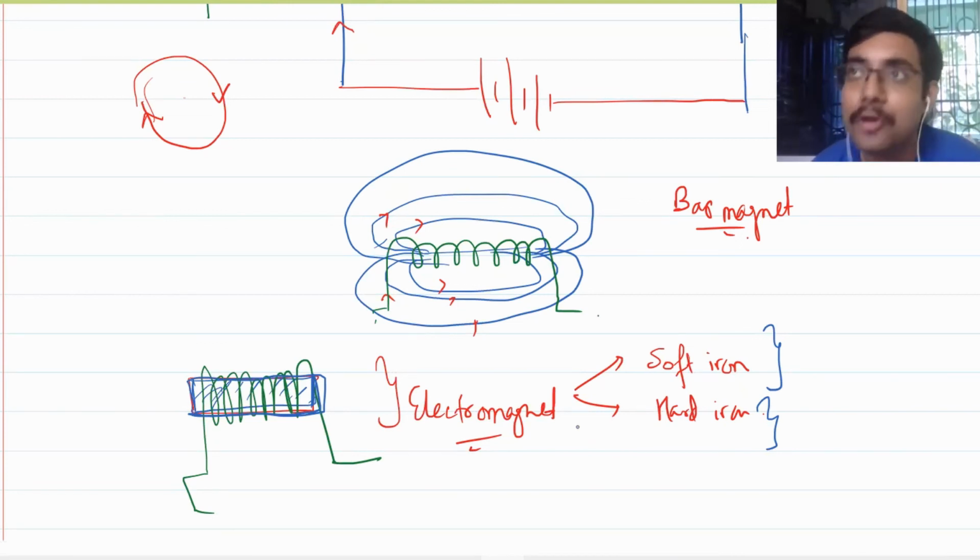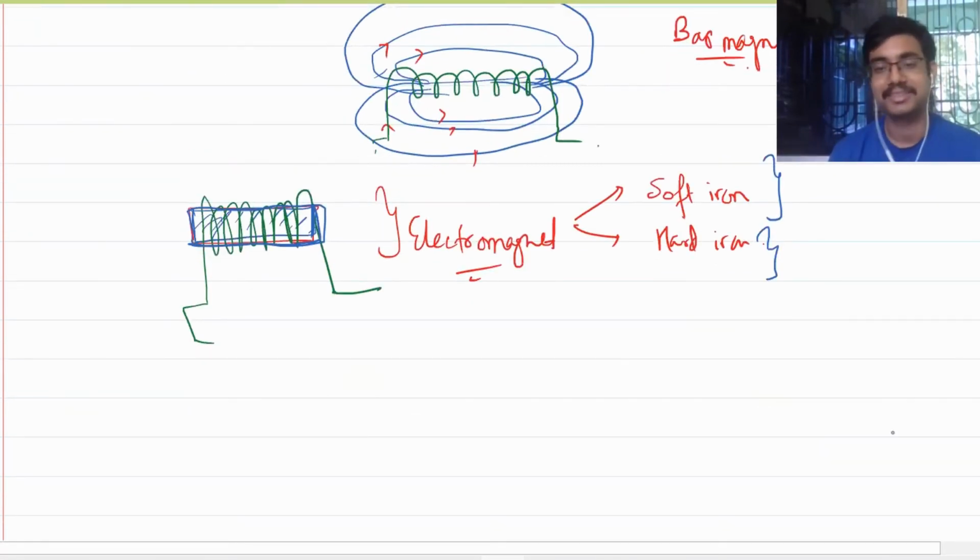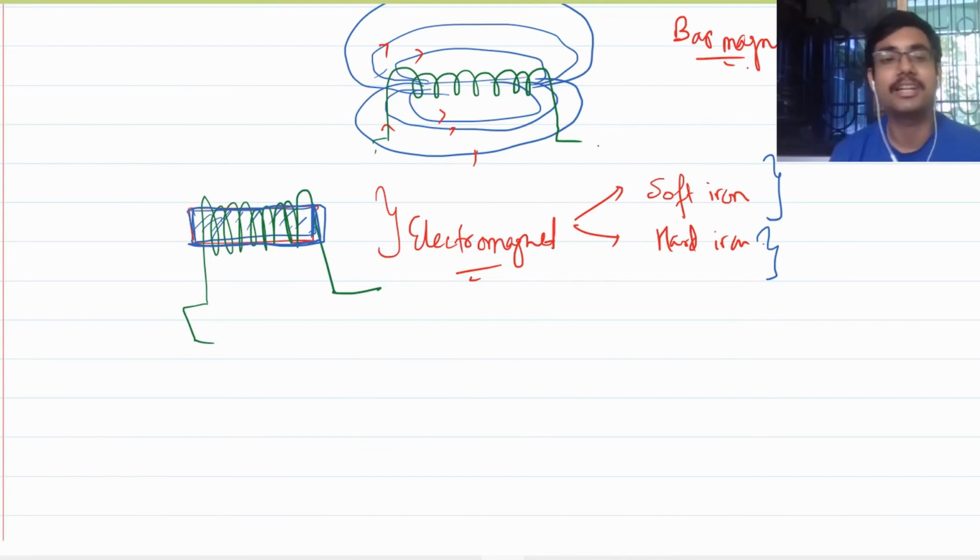But suppose you have the magnets that are available in the market. Did you see that? So those magnets are basically hard iron. When those are subjected to a magnetic field, they become permanent magnets. Are you getting my point? Soft iron cannot do that. The moment you take away electricity from an element of soft iron in the solenoid, it just loses its magnetic property. That's the reason why it is useful in real life applications.